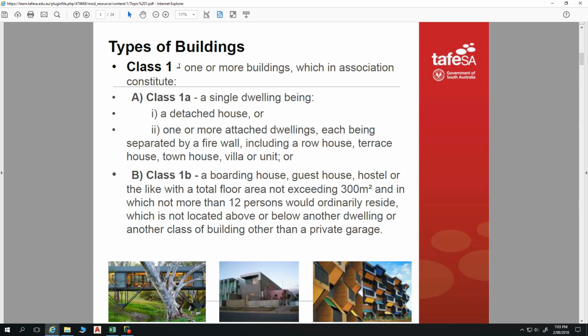And in the second section of Class 1, we have small boarding houses. So boarding houses with a floor area not exceeding 300 square metres. If we think about your average modern house built today, it's around that 200 square metre mark. We're talking average. We certainly have it much larger and significantly smaller, but 300 square metres as a boarding house is not very large, and no more than 12 persons would ordinarily reside. The reason that there's that cap on boarding houses of that size is